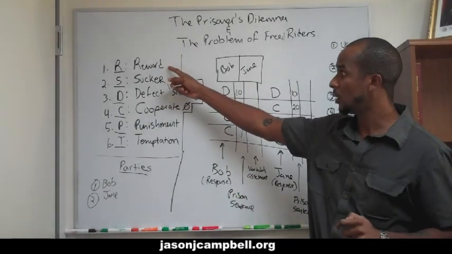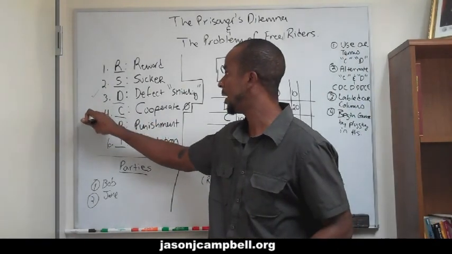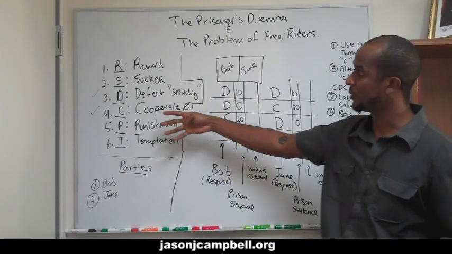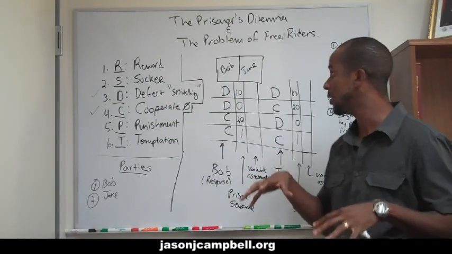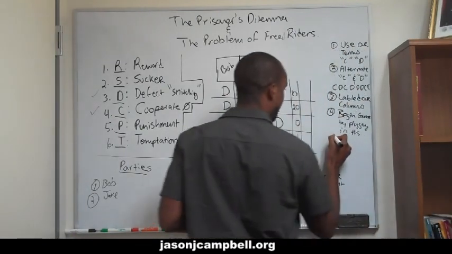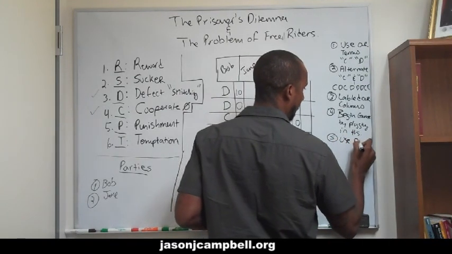But now we're missing all of these other variables, right? What we've done so far is we've used D and C. We still have 4 variables left to use: reward, sucker, punishment, and temptation. And now is when we plug in these final variables. Okay, so the 5th thing to do now is to use the remaining